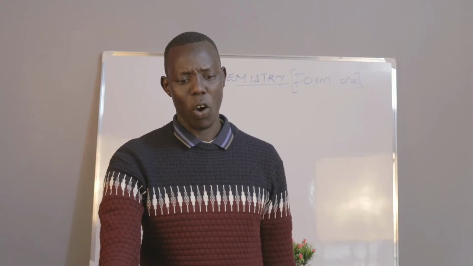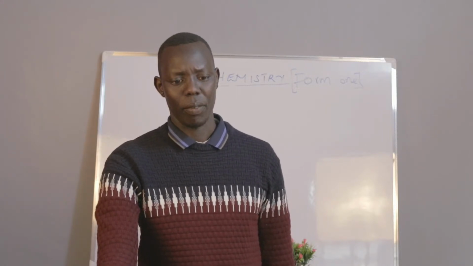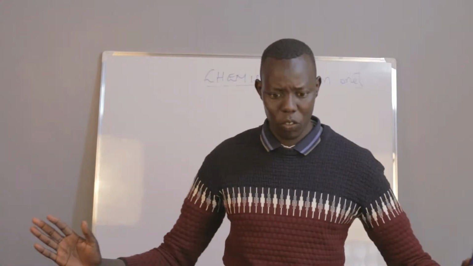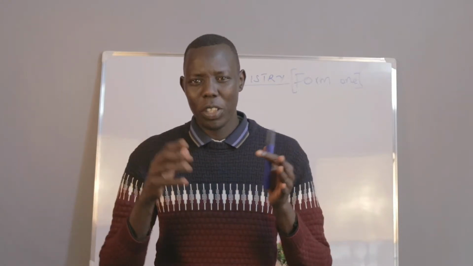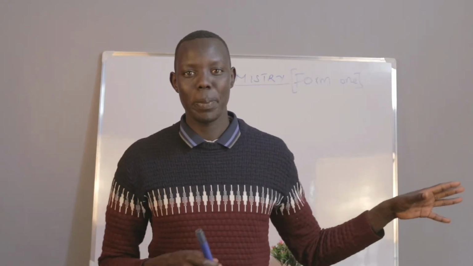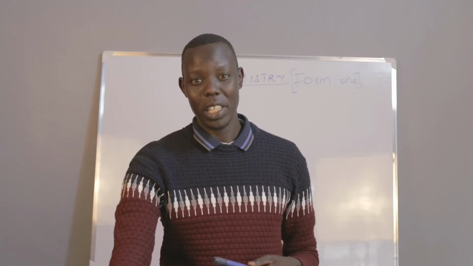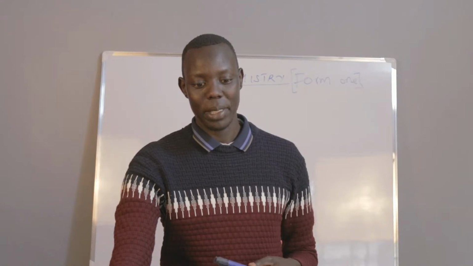So what is your objective as a learner? I'm giving you objectives that by the end of this lesson, you should be able to define the term chemistry. You should be able to identify some of the topics you studied in primary. By the way, I don't know which primary you were; you can tell us there. Some of the topics you studied under science can now be discussed under chemistry, and we need to know them. By the end of the lesson, you should be able to know the roles of chemistry in the society.